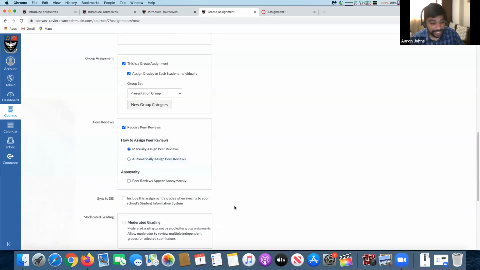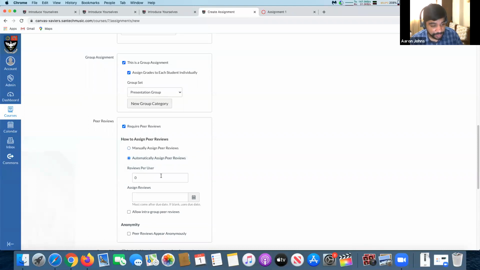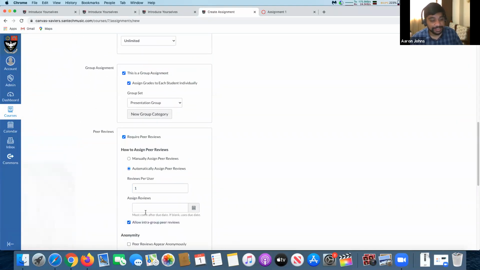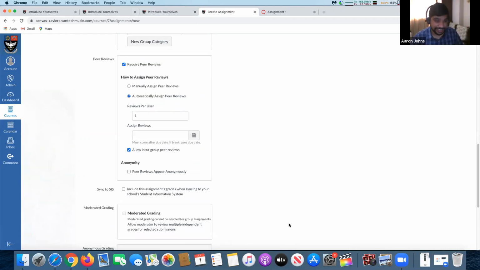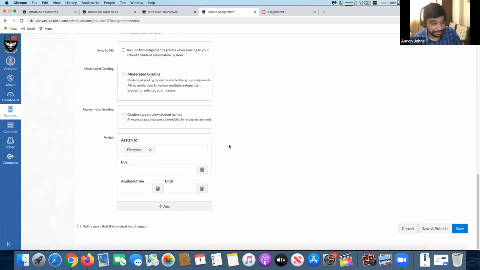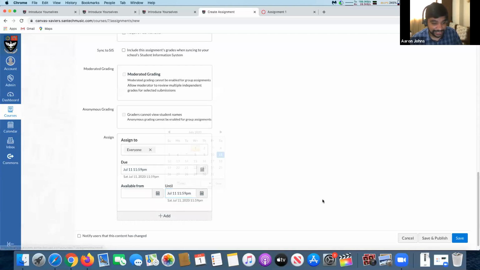Now, whenever you upload an assignment, you can ask students to review other students' work. Now in universities abroad, this is very common. They make students do reviewing. So that means 1 review per person can be done all over. And they can have intra-group peer reviewing, where different groups can review your work. But I wouldn't want to enable that right now because over here we don't use that practice. Set the due date and until when it is.